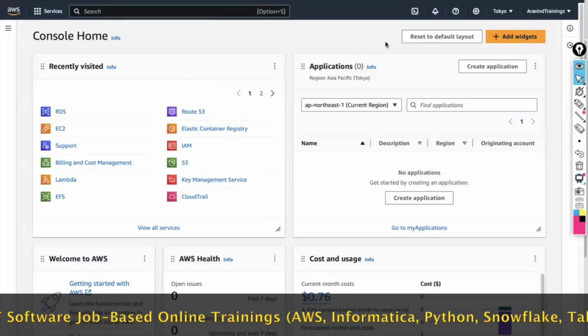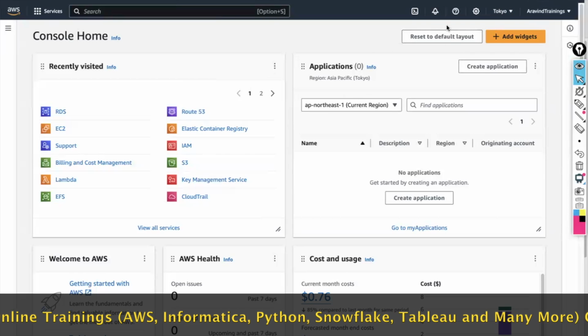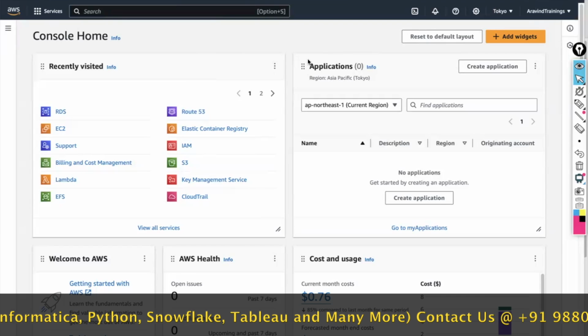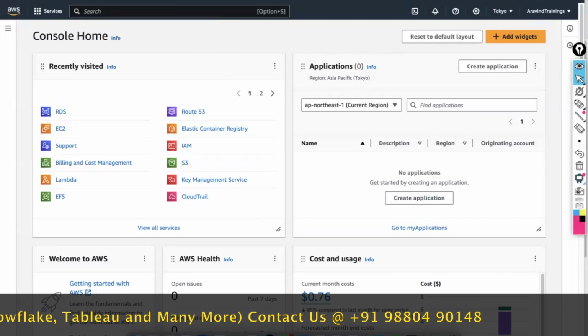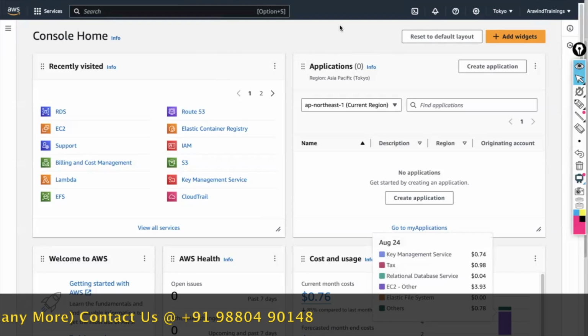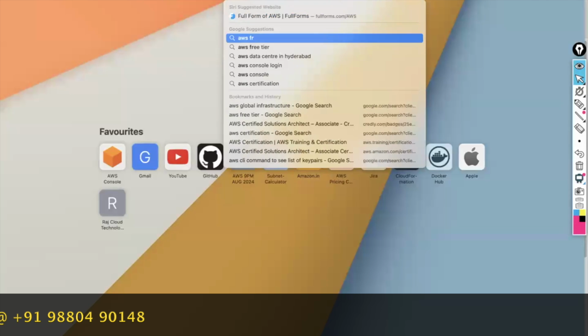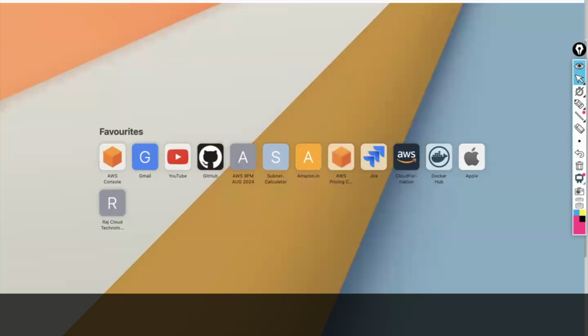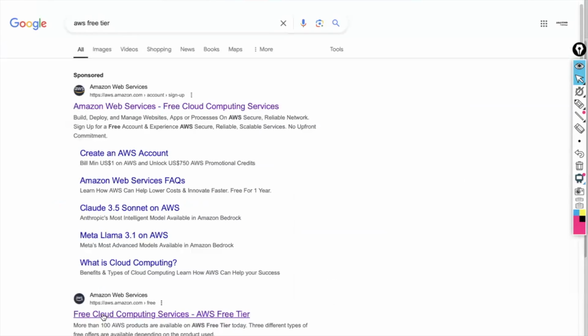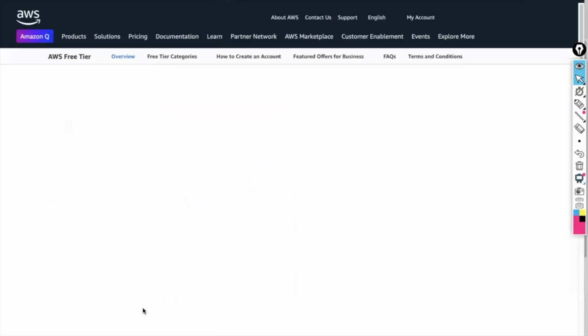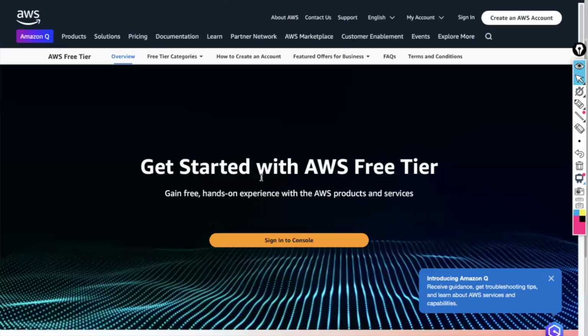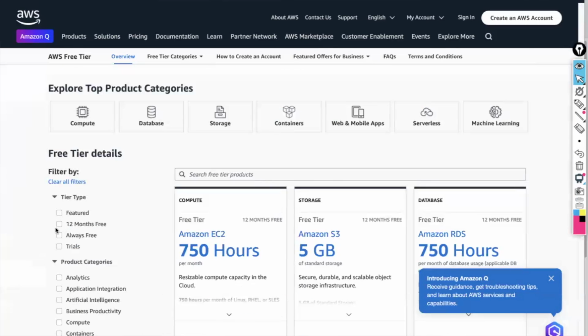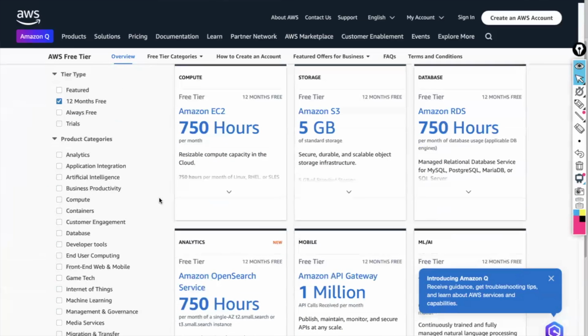Okay, whatever account we have created, this is an AWS free tier account. It gives free cloud computing services. We have chosen the 12 months free category. So what is meant by a free tier account? Free tier account means, generally,